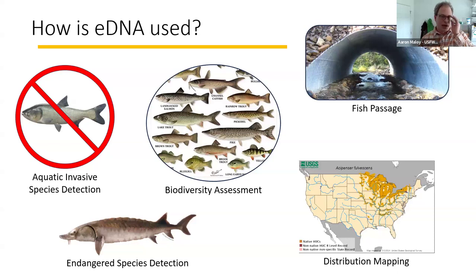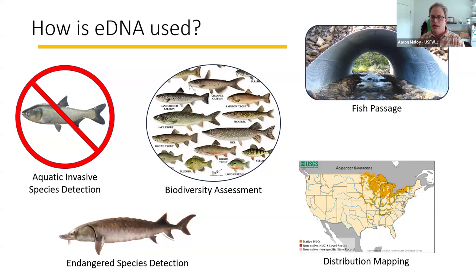All right, so how do we use eDNA? So again, this is kind of in context of a water sample. We use it a lot for aquatic invasive species detection. That's probably the largest area. You can use it for endangered species detection. Anytime you're looking for something that's rare in the environment, it's a good choice. We do biodiversity or community assessment with eDNA. So this is that metabarcoding application. There's applications for fish passage, looking at below and above barriers to see if migratory fishes can pass and move